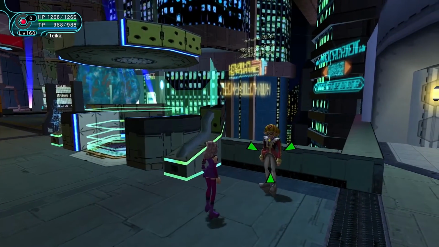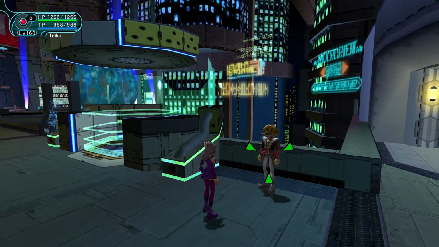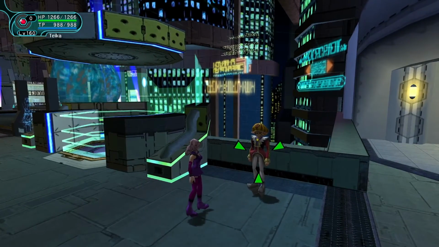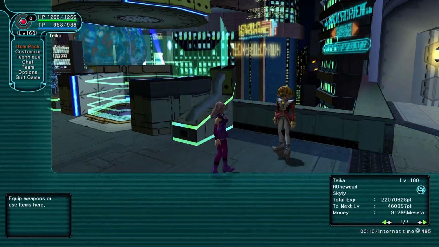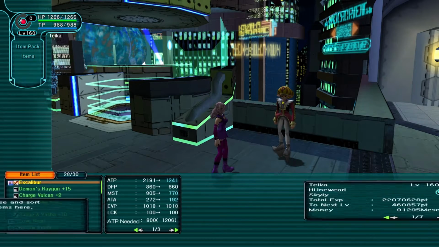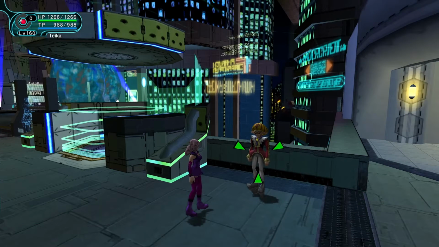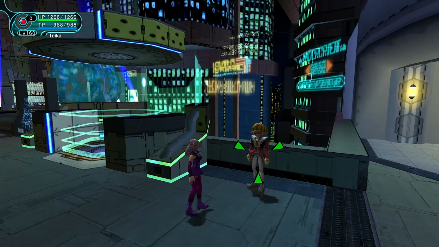Now, if you talk to him normally, he'll just say some general text, and that'll be it. However, once you've completed those side quests that I've mentioned, if you then talk to him while you've got at least one enemy part in your inventory, he'll have a different voice line. So when you talk to him with a body part in your inventory,